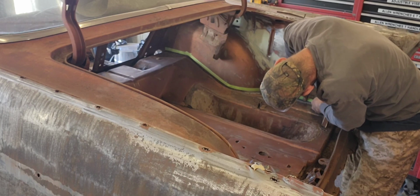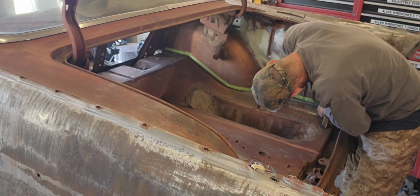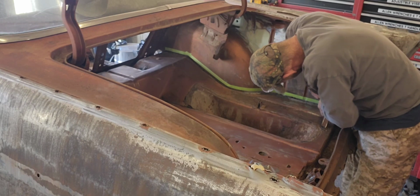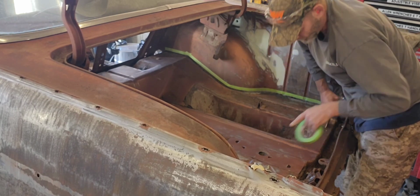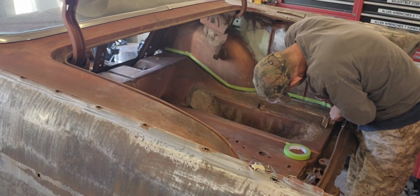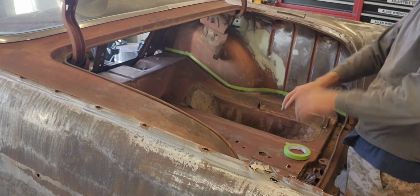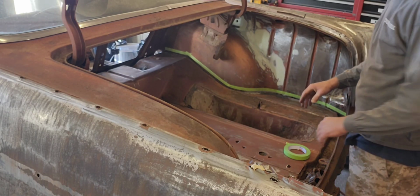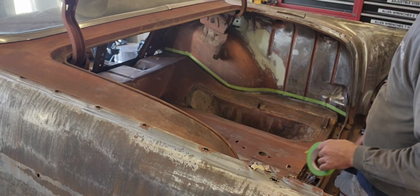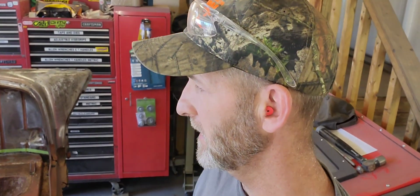I think really what I want to do, I've decided, is I'm going to roll out that asphalt tar first, after I lay the seam sealer on. And then I believe I'm going to spray undercoating on top of that, and then when it comes time to paint the